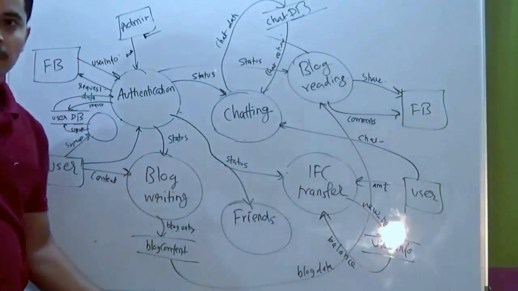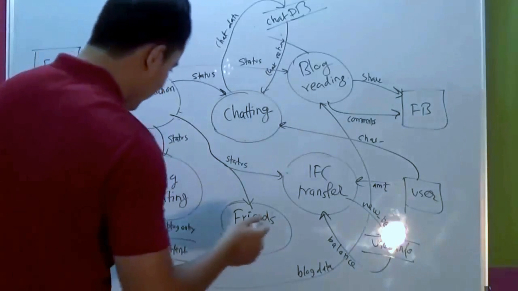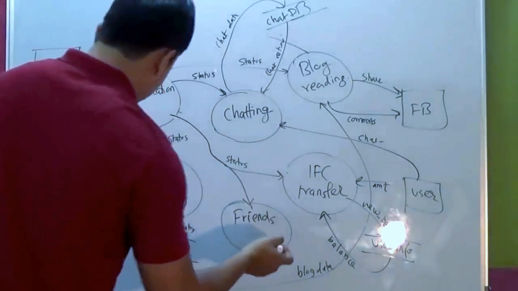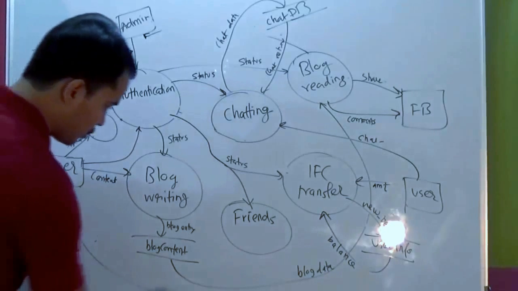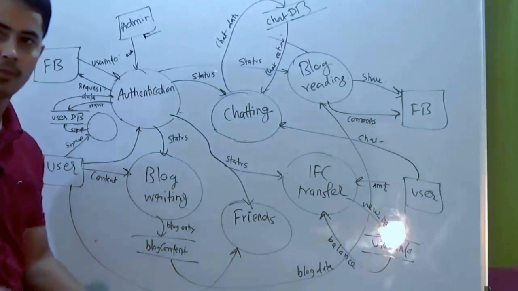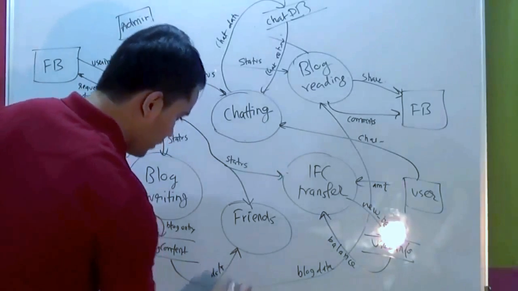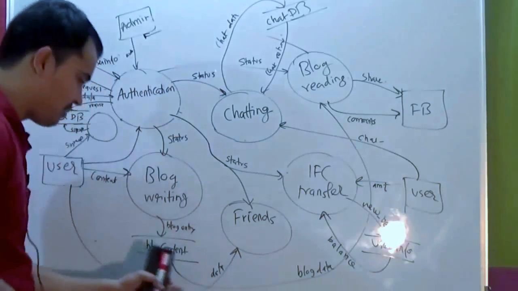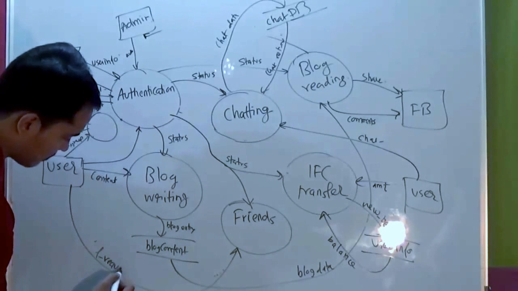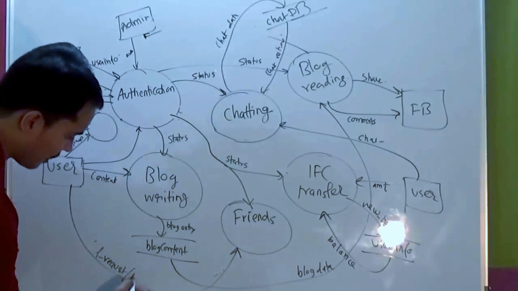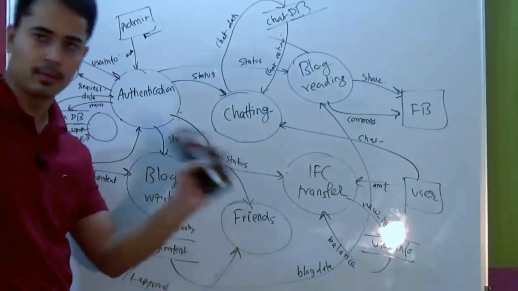Is there any process which is a miracle or black hole? Can you see it? No. Keep your eyes open. Friends is there, which is currently. Friends means the user requests to become a friend, right? So the user gives the data of whose friend he wants to be. Sometimes it's a friendship request, sometimes it could be friendship approval. Both data comes from the user.